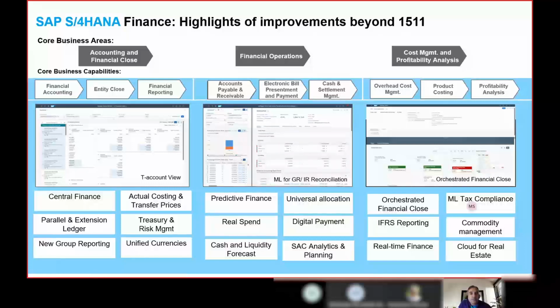So take the example of the core scenario of the T account view over here. T accounts, as we all know, are very well known as a standard data structure in the context of bookkeeping and accounting. Since they are also a structure of choice for teaching, it is reasonable that people with an educational background in accounting will be familiar with it as well. So with S/4HANA, the new Fiori app Display Journal Entries in T Account View is being shipped in order to provide general ledger accountants with a more visual and familiar approach to analyze the journal entries.